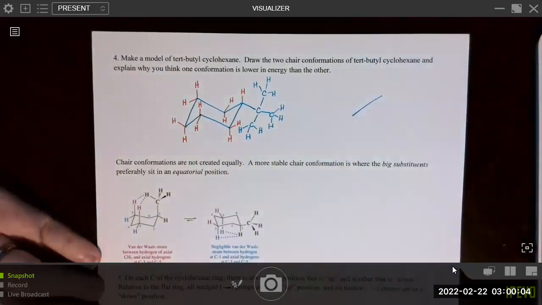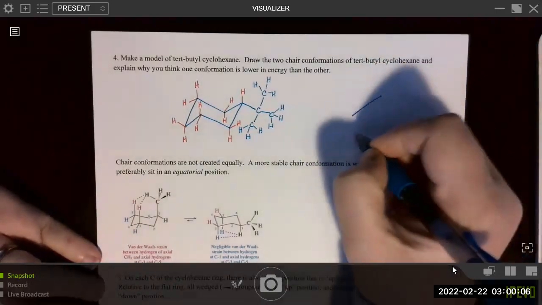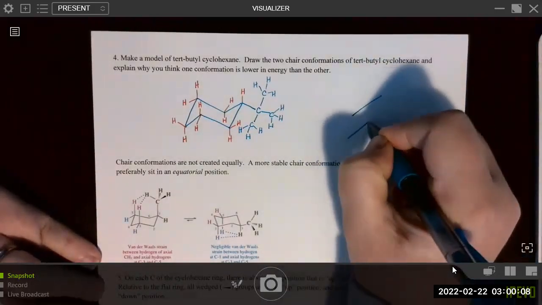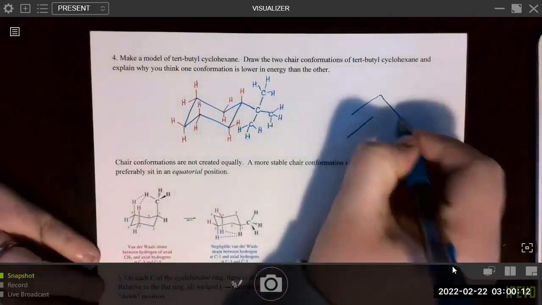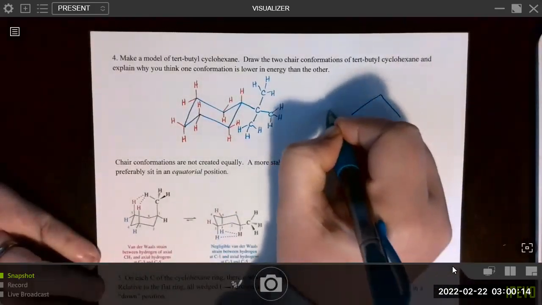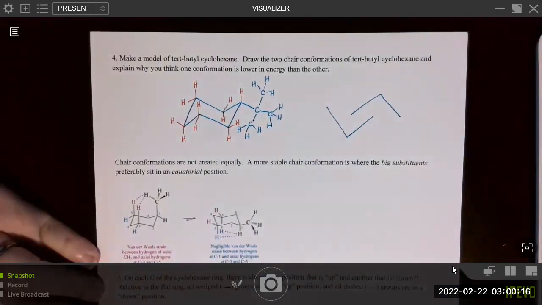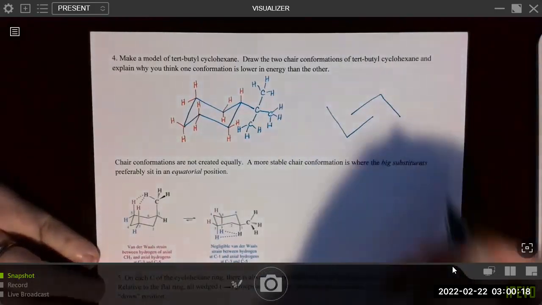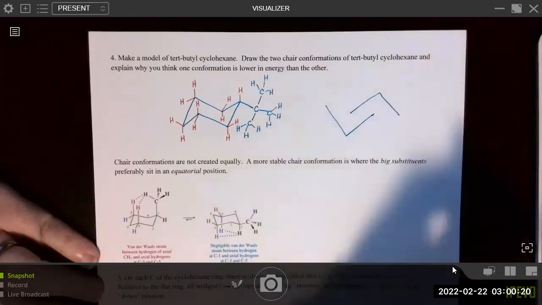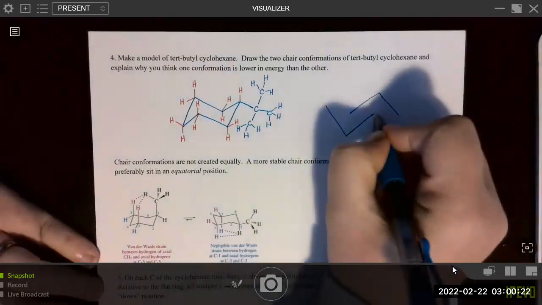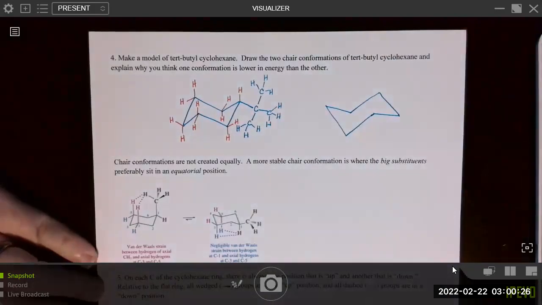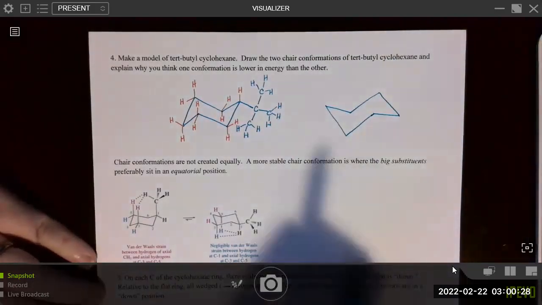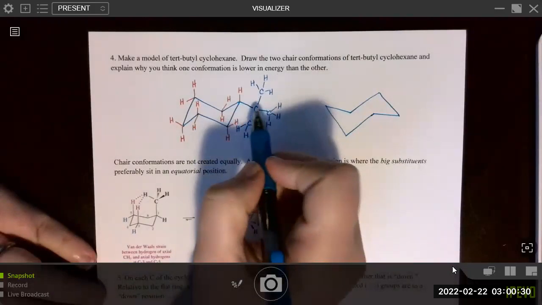Right? So maybe something like this to start with, and the other parallel line, as parallel as you can get it. Pairs never end up perfect, but hopefully they're fairly close, right? You can always extend a line a little further if you think you didn't quite get it perfect, right? And then connect. Okay. And now we want to see, okay, where was my tert-butyl?